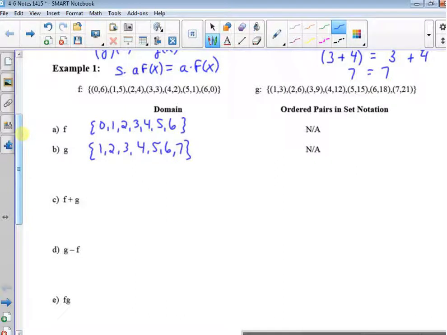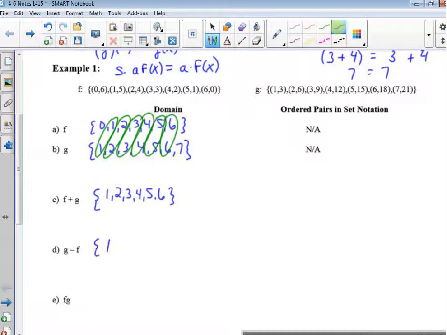Okay, f plus g, what's the domain of f plus g? Well, remember, the domain of f plus g is the set of elements common to the domain of f and of g. So what are the common elements here? Well, we've got 1, 2, 3, 4, 5, and 6. Those are the ones they have in common. Therefore, the domain of f plus g would be 1, 2, 3, 4, 5, 6, which is also true for